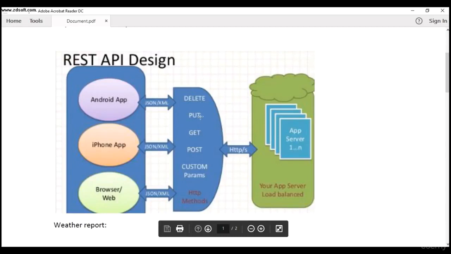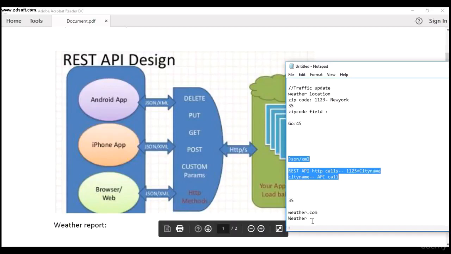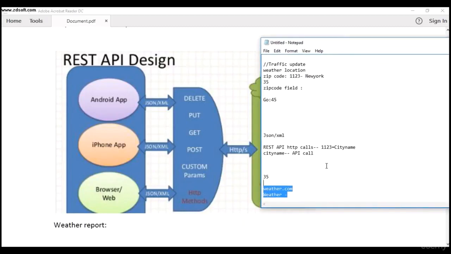So here you need to understand that sometimes this REST API can be designed by us, or sometimes it can be given by a third-party service. For example, we may not have rights to hit the weather.com database and get a response. Why would someone allow us to hit their database? So what does the weather.com domain do? It gives us a REST API. It exposes the REST API, saying, hey, you can use our REST APIs, and if you want to get a weather report,